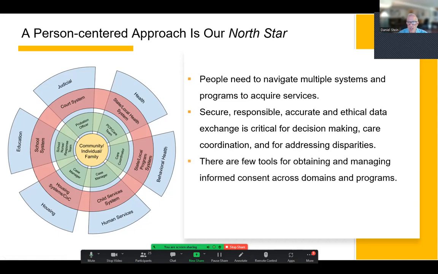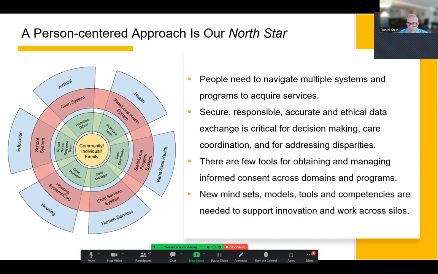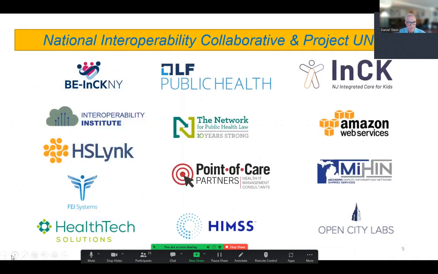As we know, one of the more challenging components of that is getting consent across those various domains, given the various and sundry types of consent and requirements we've been hearing about all day. Fundamentally, I think we need to think differently about the models, tools and competencies across the various areas, because healthcare is very different from education, which is very different from judicial or justice, and public health and public safety. A lot of the work over the last couple of years has been to think broadly and deeply about this work.